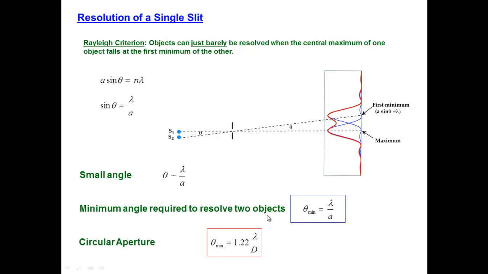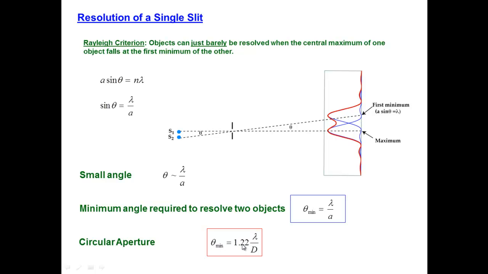And in the case of a circular aperture, the upper boxed equation is for a rectangular aperture, because that's where the original formula came from for the location of the minima in the diffraction pattern. When we deal with a circular aperture like your pupil or like the lens on a camera, the geometry is such that there's a numerical factor that gets introduced, and instead of the slit width, we're dealing with the diameter of the aperture. We won't derive this, but just use this as what we call the Rayleigh criterion